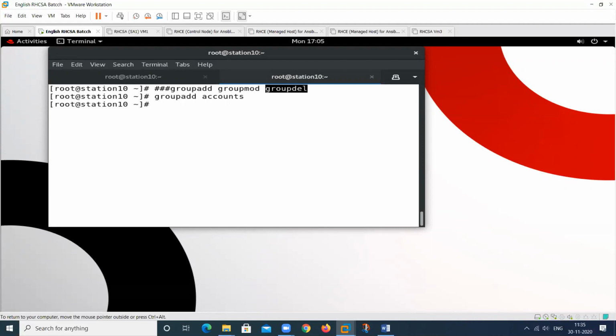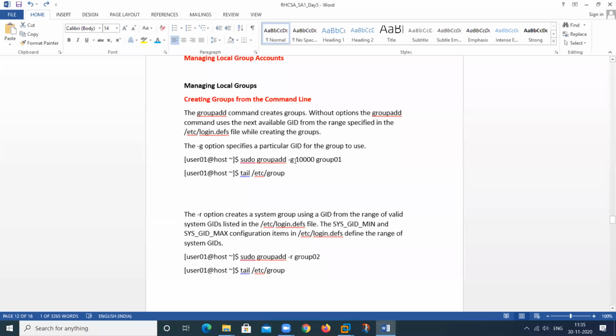Suppose you want to provide the group ID separately, then what will you do? You can use these concepts. Suppose you want to provide the group ID for this particular group separately, so you can use the -g option here. Here g means not a primary group.